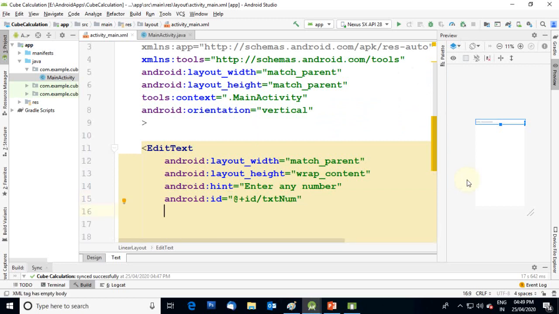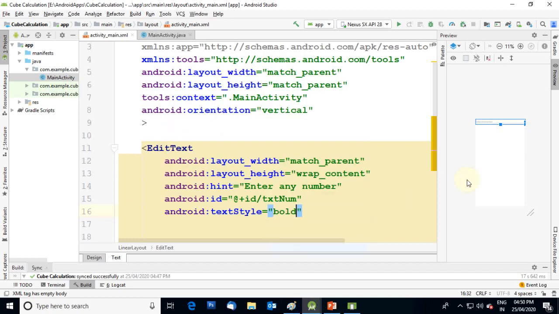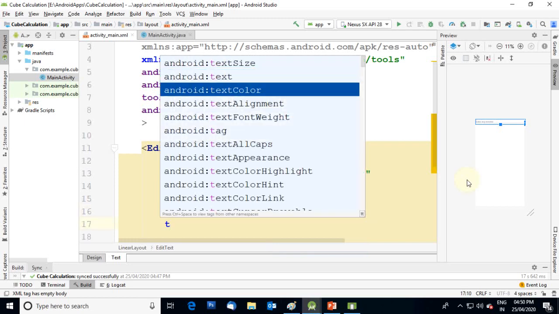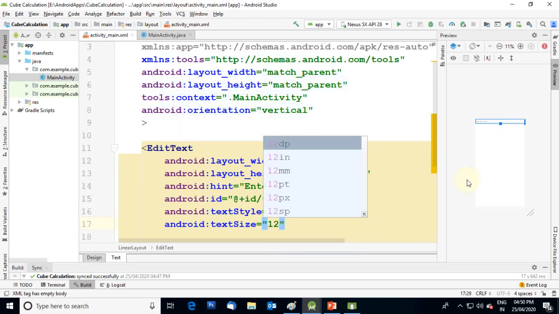Then I want to format this text box, so I am adding here text style, that is bold. I am specifying bold. Then I am adding here text size, 12 point or 14 point.